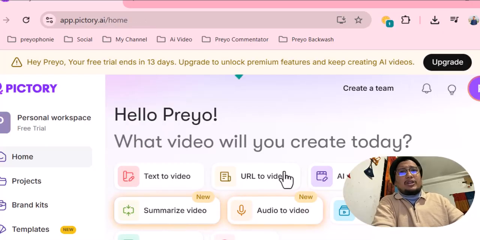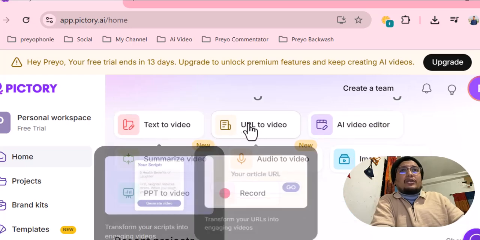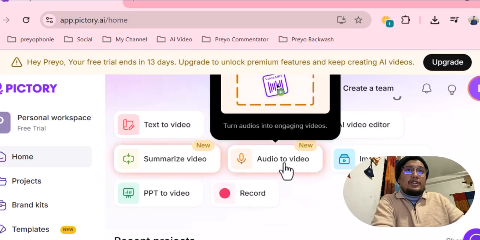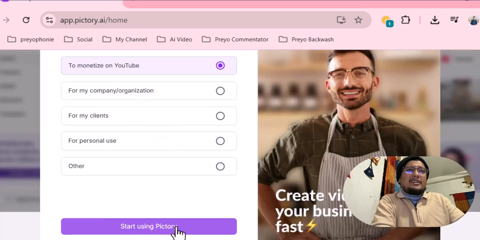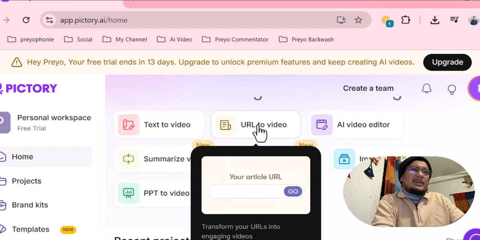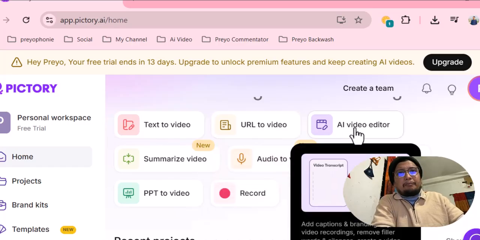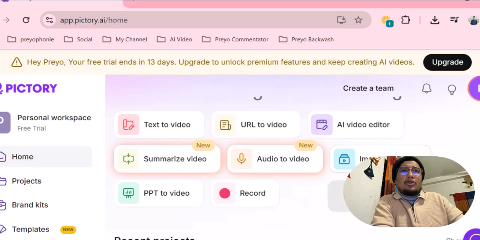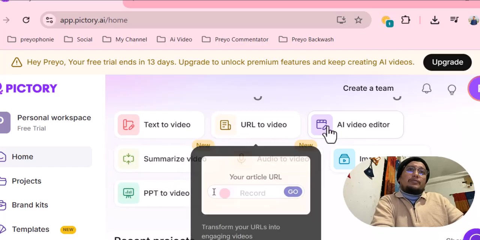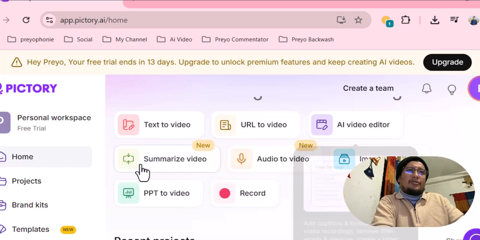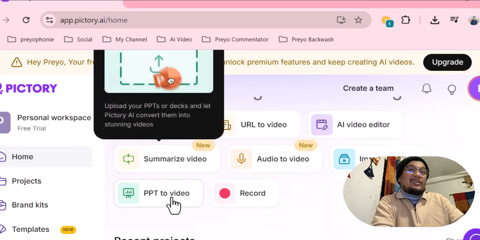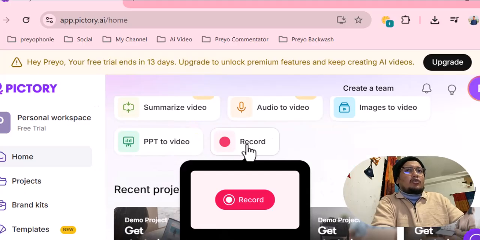Step 4, explore all Pictory tools. Pictory has everything you need: text to video, turn scripts or blog posts into videos; URL to video, turn any long blog or article into a short video; AI video generator, automatically edits your video using AI; summarize video, turn short and long videos into highlights; audio to video, convert podcasts, voice notes, or audio files into videos;